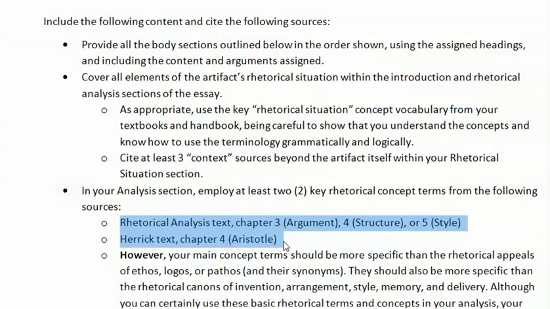What inside my artifact is worthy of critiquing or praising? Did it do argument really well? Was it really awful at structure? Is there something with its style that is uniquely effective or ineffective? And so this helps you to brainstorm what are the main points that you could say. You might come up with 8 or 10 different things you want to say about what's good or bad about the artifact, and then you might want to just narrow it down to about 3 or 4 points,